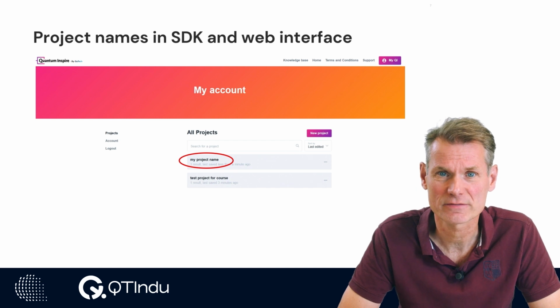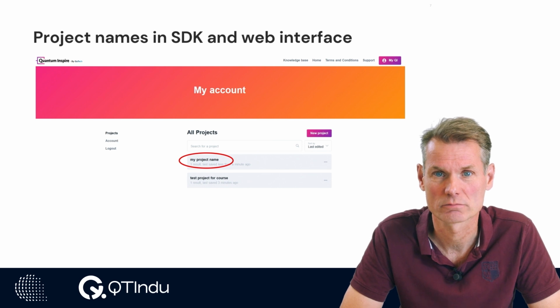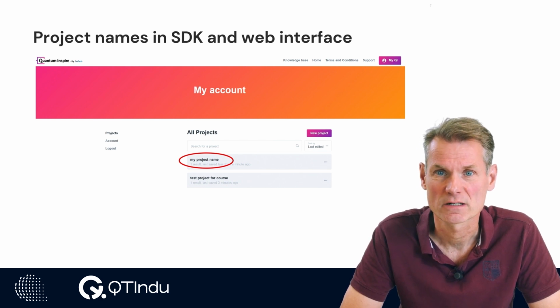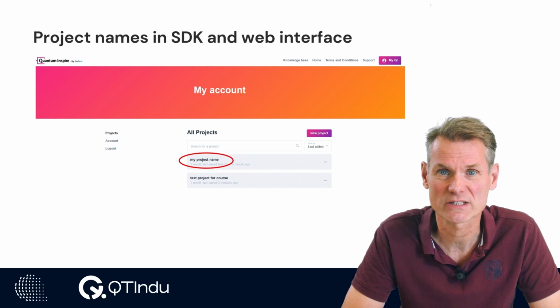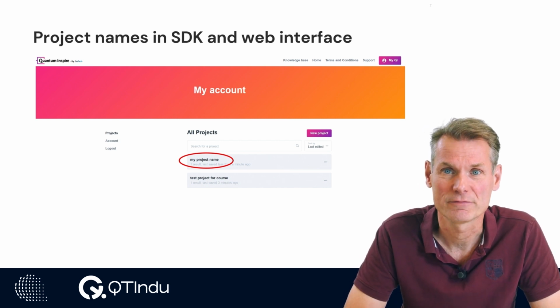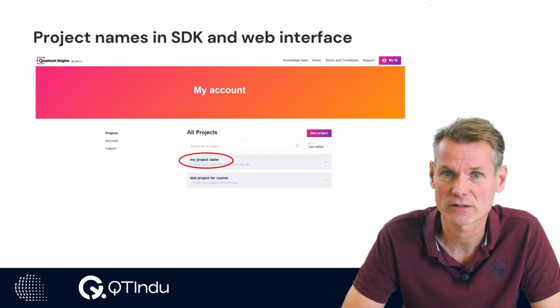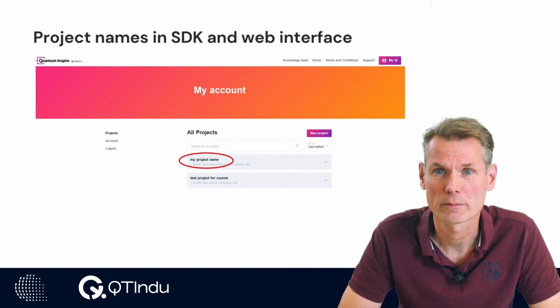Algorithms in Quantum Inspire are saved as part of a project. A project can contain multiple algorithms and their results. When logged in to the web interface, the projects can be found at the main page. On this page, the project names are listed. From the same screen, the number of results that are registered within the project can be read. When the SDK is used for creating and running algorithms, a project name can be defined when the API is initialized. The SDK will then instruct Quantum Inspire to store the algorithms and results within the project with that name. This way, all your work can be found in the web environment of Quantum Inspire later.